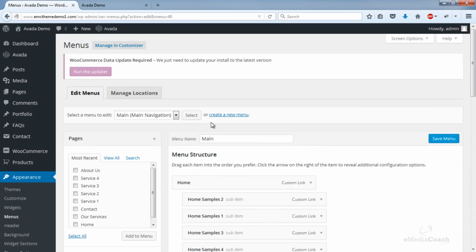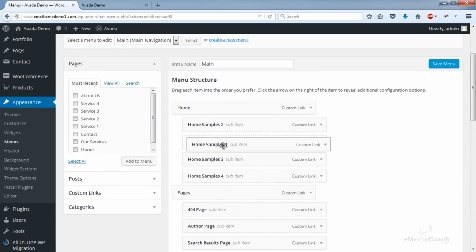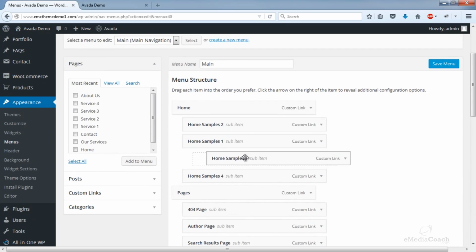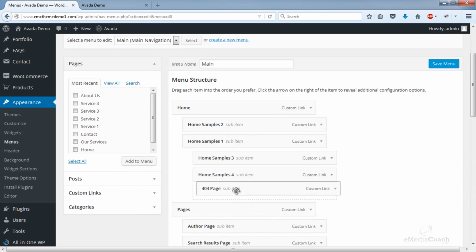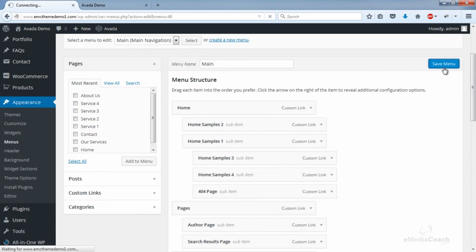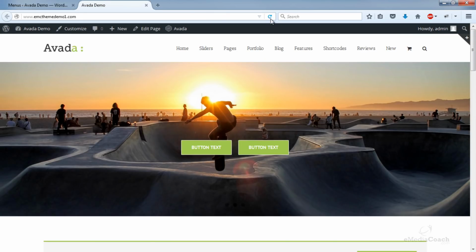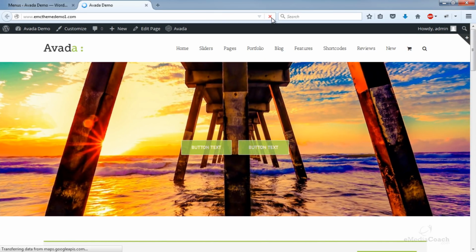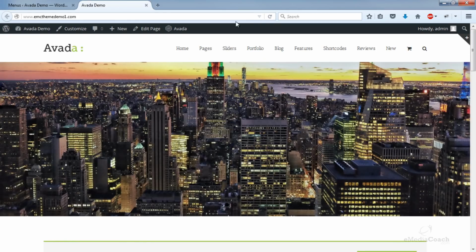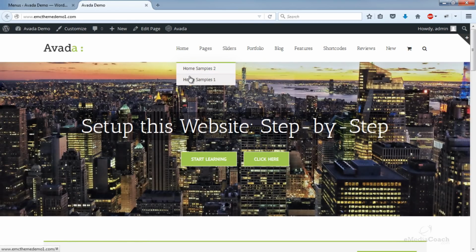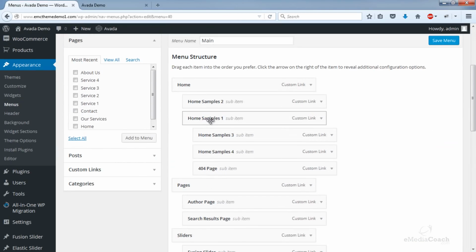And you can actually have two levels, so I'll show you something like this. So as you can see, it's really easy to use and really intuitive.